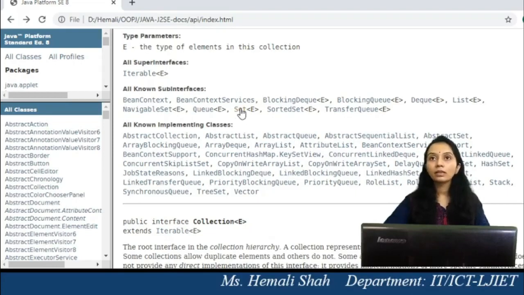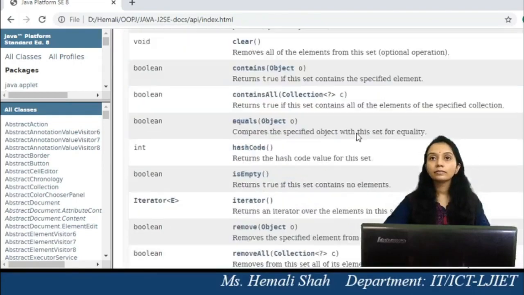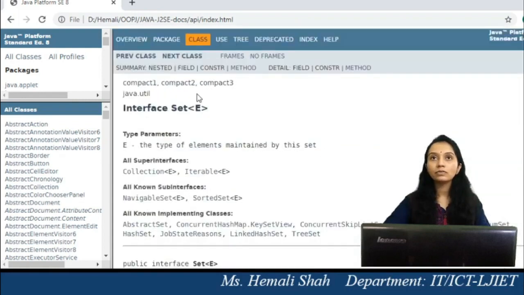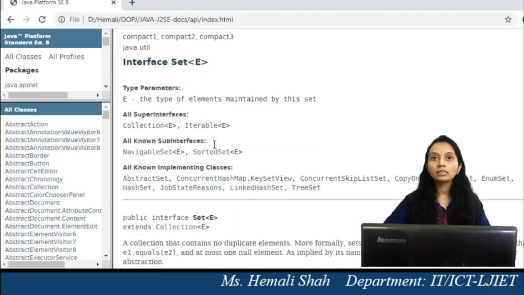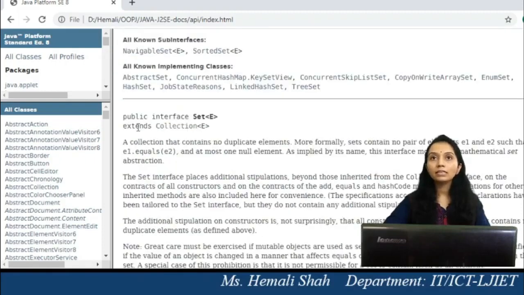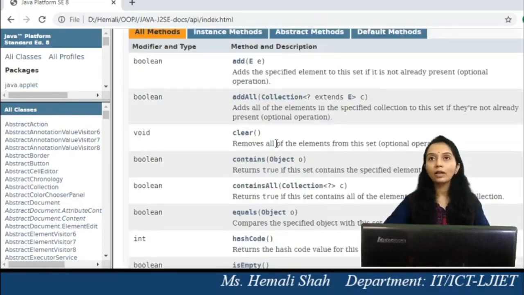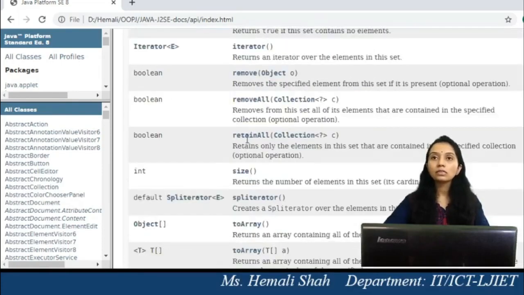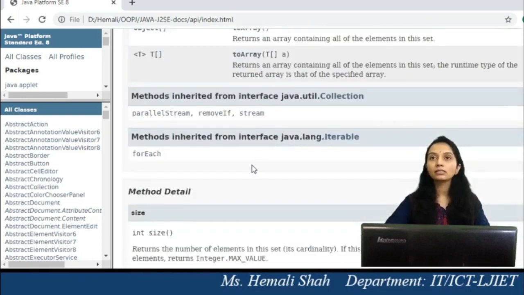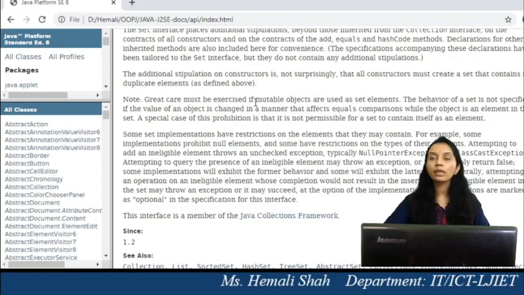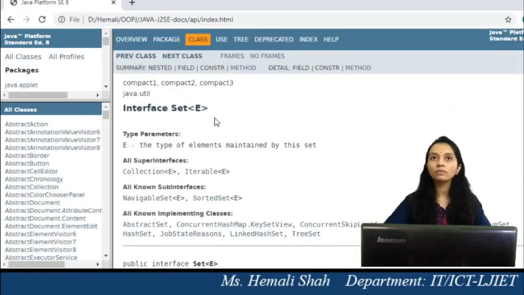Now this set extends from collection. This public interface extends from collection, so it is the child interface of collection, right? That's why it is called a collection. So all the functions are available with the object of queue as well as with the object of set,